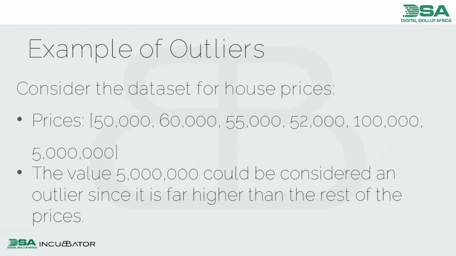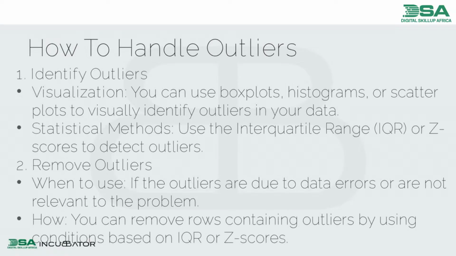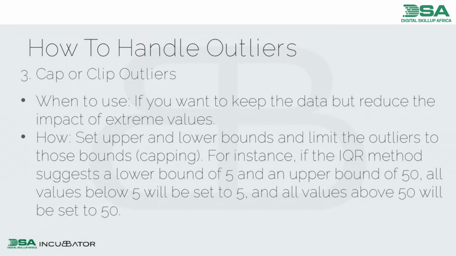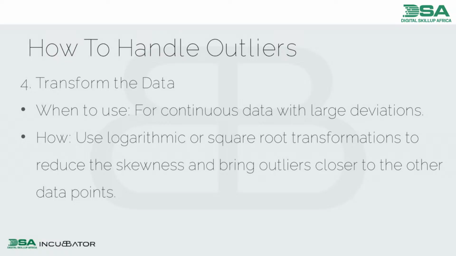Then we look at the example I was giving us. Look at this data set: you have 50,000, 60,000, 50,000, then you have 100,000 which is still okay, then you have 5 million. So 5 million is an outlier. So how do you bring that to work? You either use normalization, or you standardize. So how do you first undo it? You need to first understand that there's an outlier, so you first identify it. Then the next thing you do is plan to remove it. If you can't remove it, you can cap it or clip it. When we talk about capping or clipping, we are talking about using your normalization or standardization. Then you can transform the data.